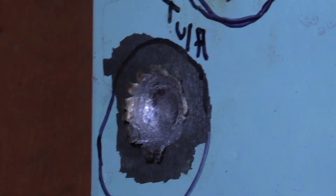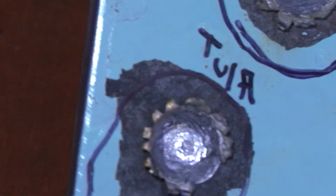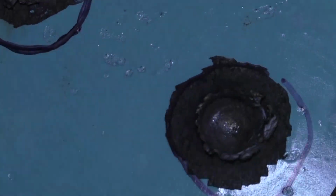Now, I'm going to turn it to the side. You can see that's really pretty shallow, and by the measurements you can tell it's pretty shallow. And just looking at it, it really looks like it dished out. I mean, it really looks like it was shot with lead. Now, if we move over to the Norinco over here,